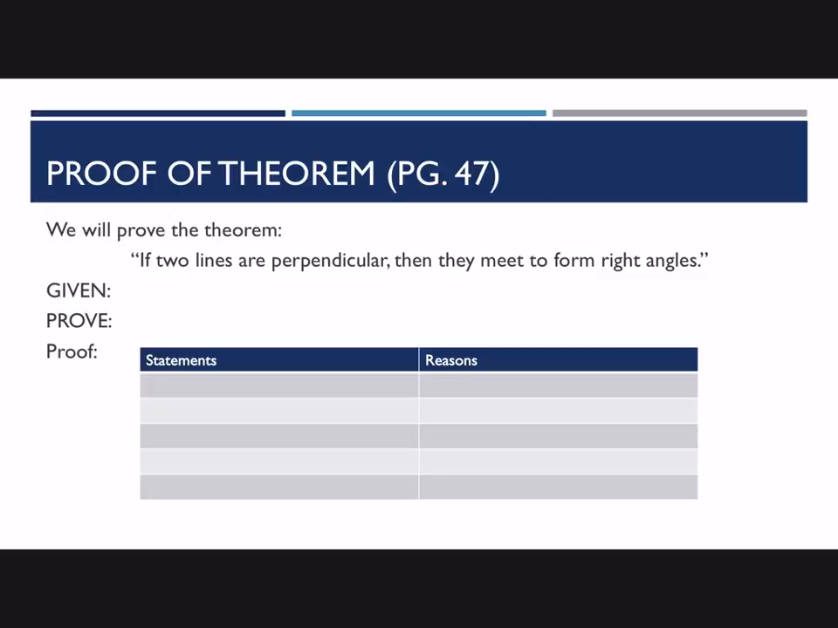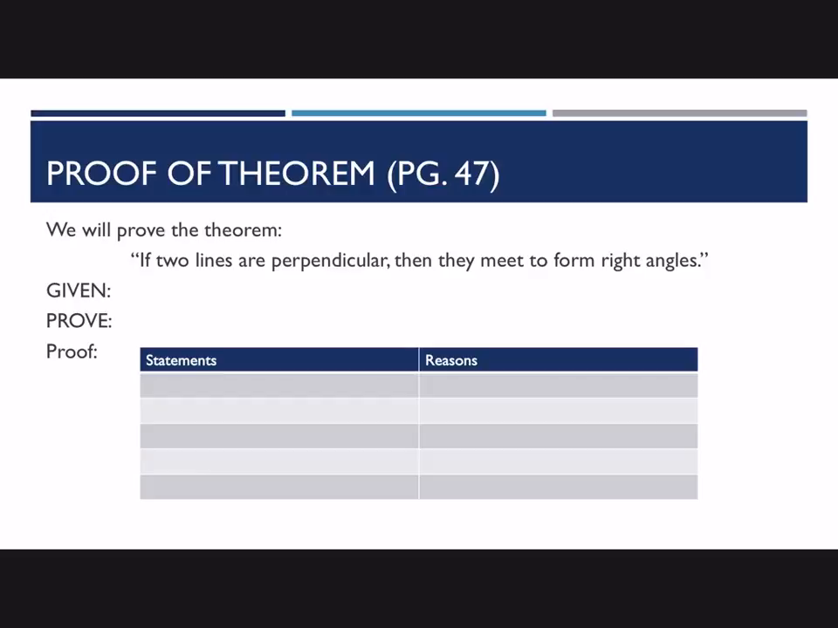All right, here's another theorem, and its proof shows up on page 47. I'm not going to walk through the entire proof here, but one of the other things I wanted to mention was the fact that usually you want to rewrite this theorem in your given spot, and you want to rewrite it using some specific labels and lines and notation and things that we can actually talk about in a proof. So what we're given is if 2 lines are perpendicular and we're supposed to prove, then they meet to